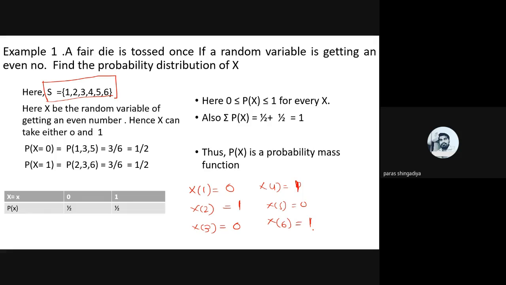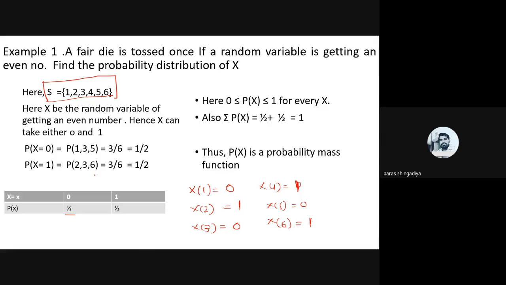Okay. Now for x equal to 1, same case. Clear? There are also 3 outcomes which take an even number. 3 possibilities. So what is the probability for x equal to 1? That is also 3 by 6, and 3 by 6 is equal to 1 by 2. Okay. So now prepare the table of distribution. For x equal to 0, what is the probability? P of x का आंसर क्या होगा x equal to 0 में? 1 by 2. What is the probability for x equal to 1? That is also 1 by 2. Okay. Now check whether it is a function or not.